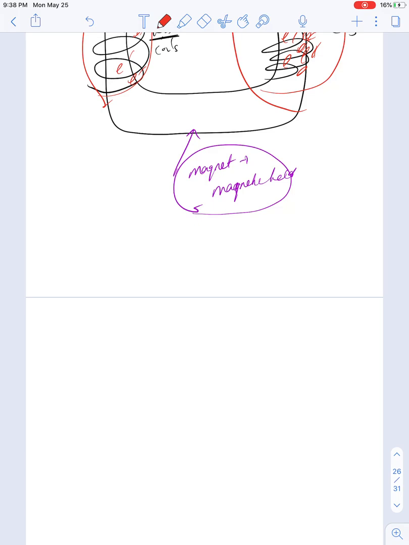Oh man, I think my pen is dead, so let me just charge it for 2 seconds and then I'm going to start this again, okay? So let me just